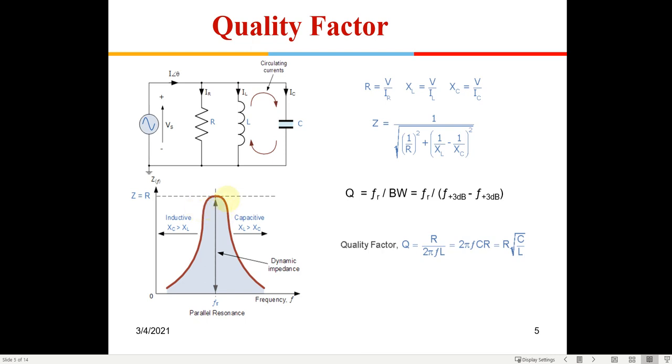Suppose the peak value is 1 out here, for example, then for 1 by root 2 you take those two frequencies. If you make a horizontal line where the magnitude is 1 by root 2 of the peak value, then you make two vertical lines and you will get the two frequencies. So that full range will be known as the bandwidth. So that defines Q. Q means if this is very narrow and steep, it will give a high Q, and if it is broad, if it's not able to reject the adjacent frequencies very properly, the Q will be bad.